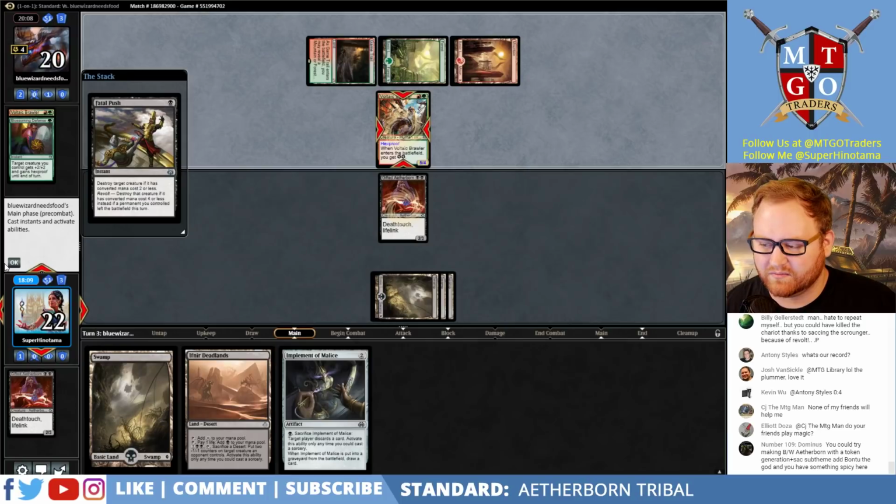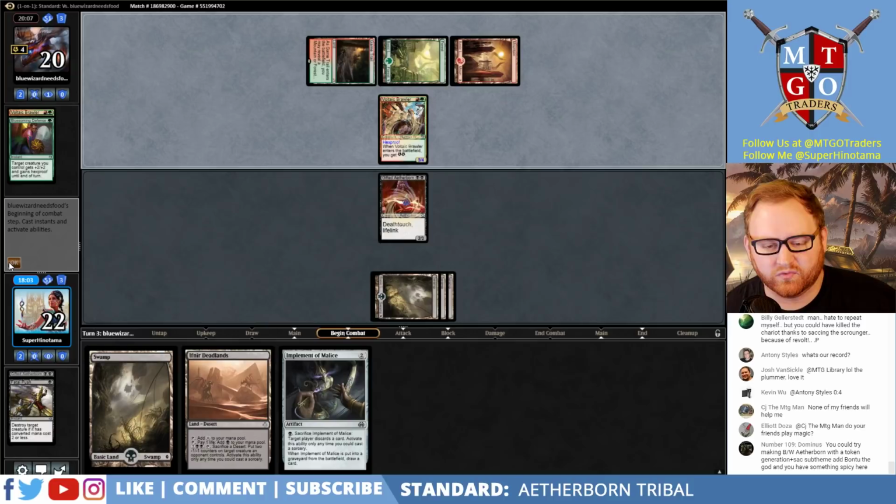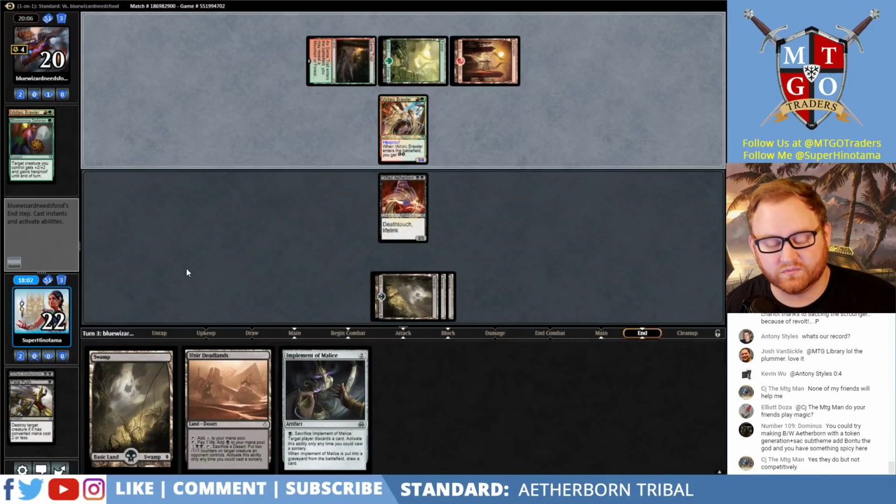See. You could try making Black-White Aetherborn with a token generation, sack sub-theme. Add Bontu the God, and you have something spicy there. I actually made a similar kind of deck, but it wasn't Aetherborn sub-themed. But it did work really well, so...